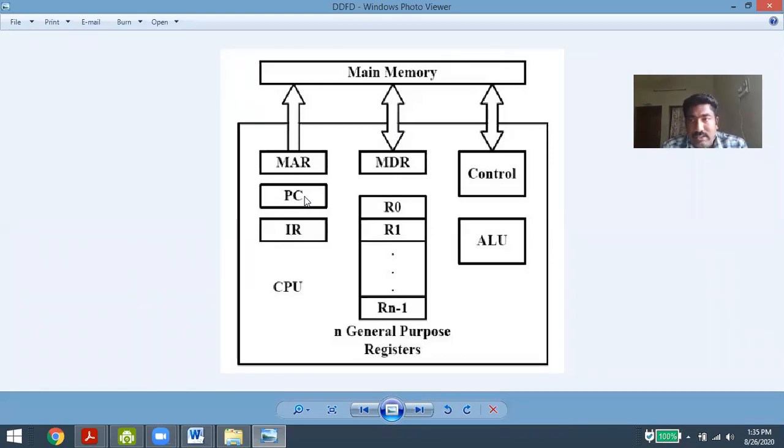So there are step-by-step instructions, and we write an algorithm: load the values, next do the operation, and print that output on the output screen. Those step-by-step instructions are also loaded in some memory. That memory has addresses, and those addresses are loaded in the program counter. And what is the task of the IR, the instruction register? The instruction register holds the current instruction value. Whatever current instruction the processor is executing, that value is stored in the IR register.